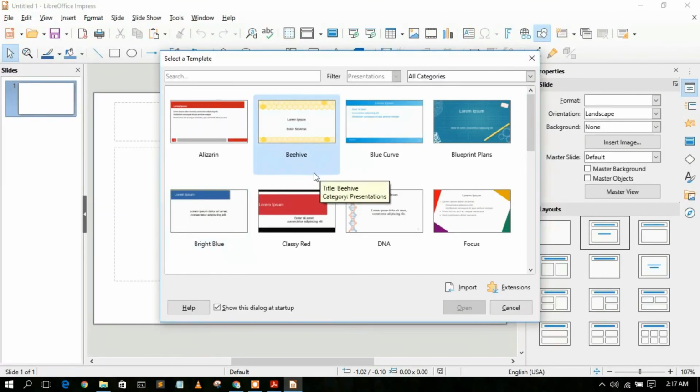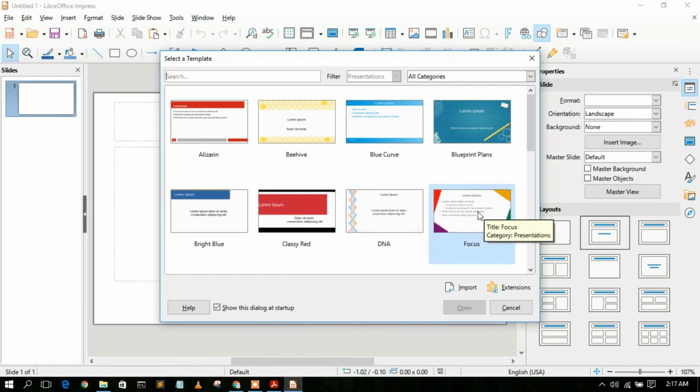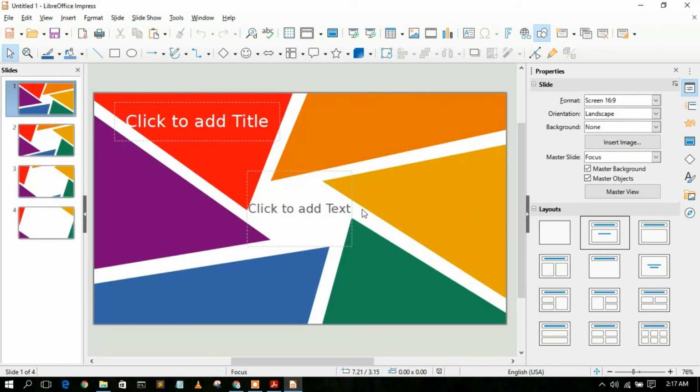here you need to first simply select one template. So let us first simply select this Focus template, and here it is. You can clearly see that it is also pretty much the same as what we used to see in Microsoft PowerPoint. So in this way you install LibreOffice, and I have also shown you how to use it. It is a very good software, and most importantly it is open source, so that means it is basically free to use. You don't need to pay any amount to buy Microsoft Office. You can just simply install this LibreOffice software, and you can use each and every feature that MS Office used to give you. So that is basically all about this video.